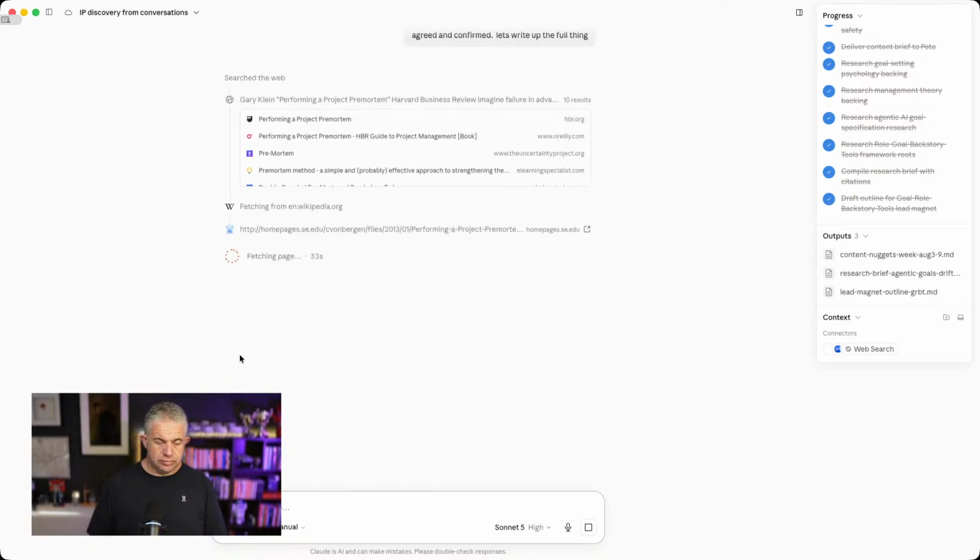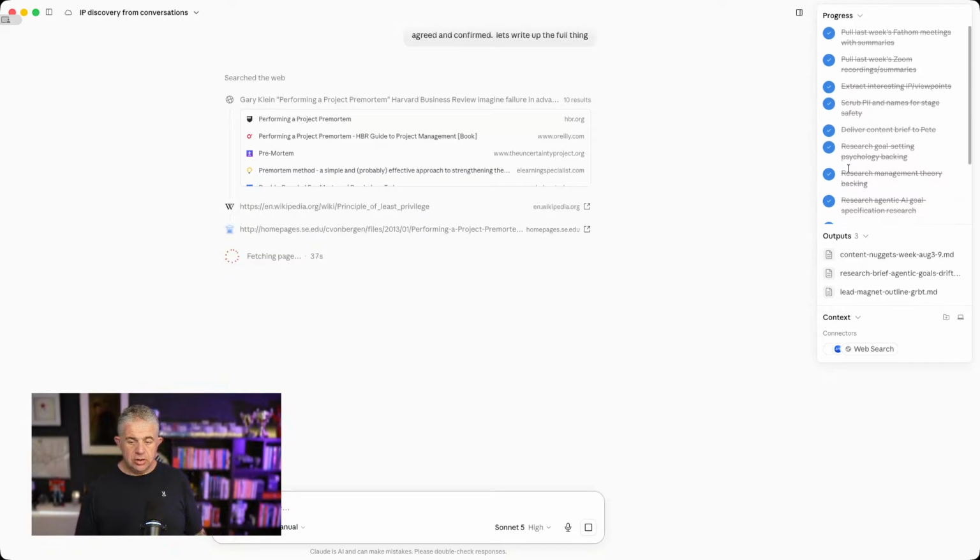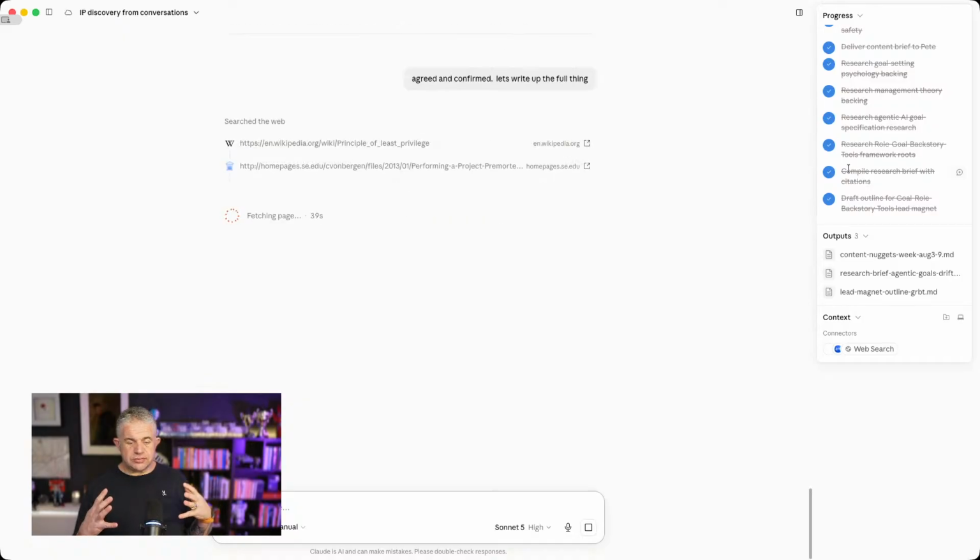So it's now going to go and it did that first set of research the first time round, which was just to find out, okay, what points was it bringing in? It's now doing further research into those to go and get the writing. And in a few minutes, it's going to come back and say, here is your 12-page document. We are